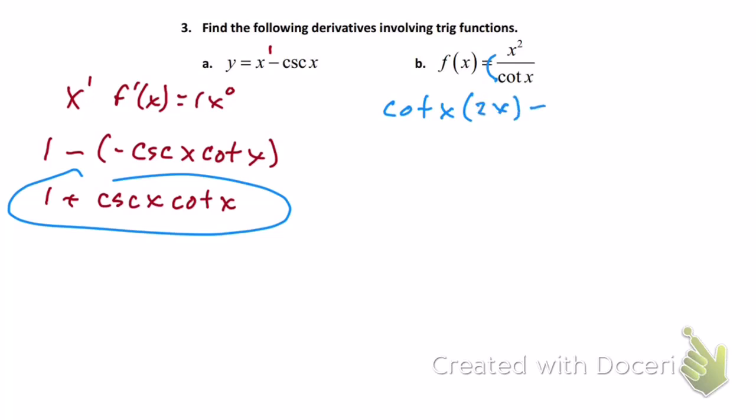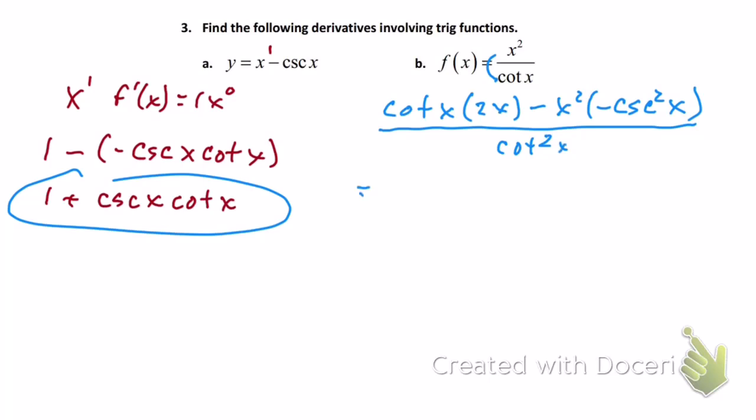Minus x squared times the derivative of cotangent. Is it cosecant squared or just cosecant? It's squared. Okay. And then we've got on the bottom cotangent squared